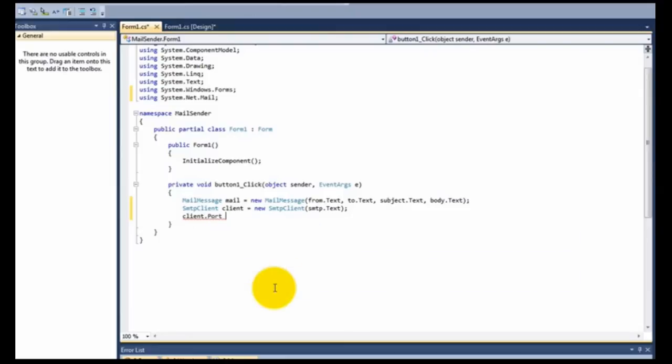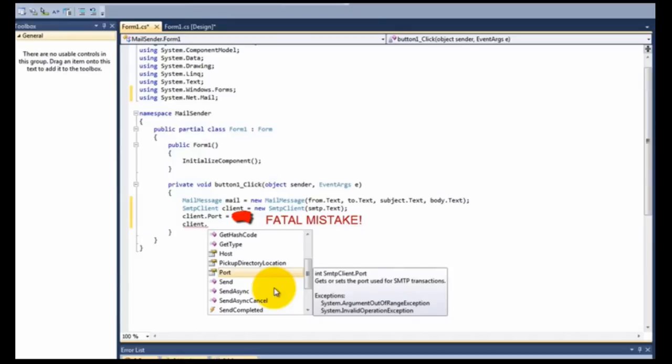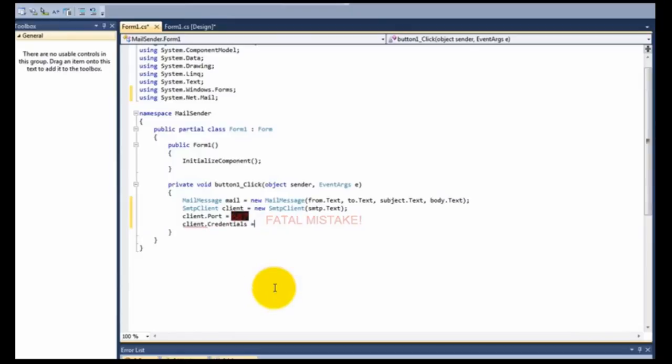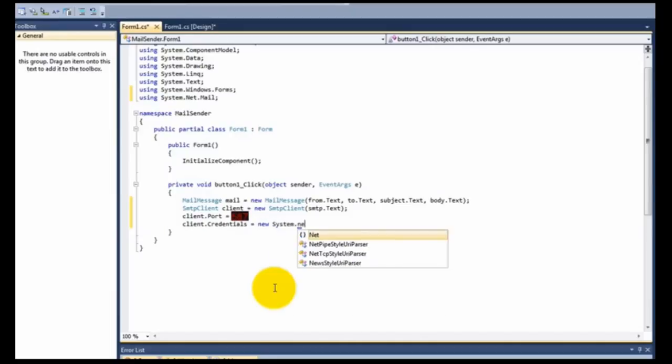Client dot port is equal to 57. Oops, I had a mistake there. I will change it later.